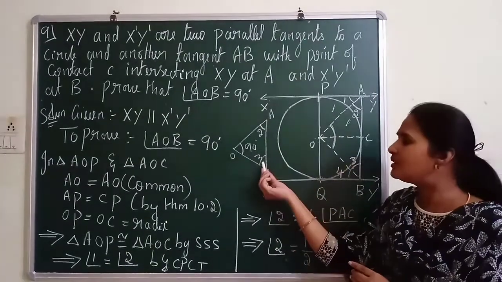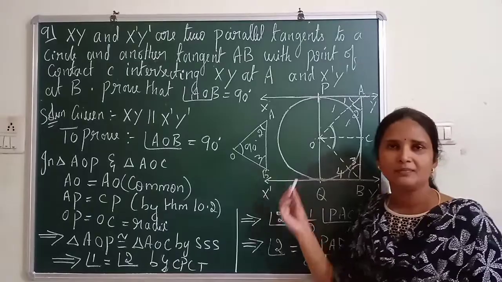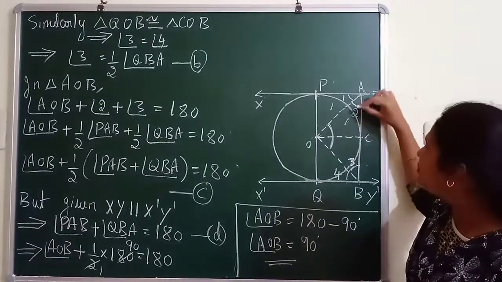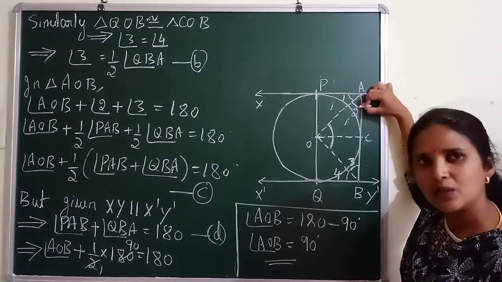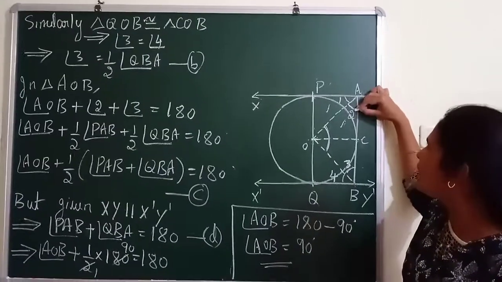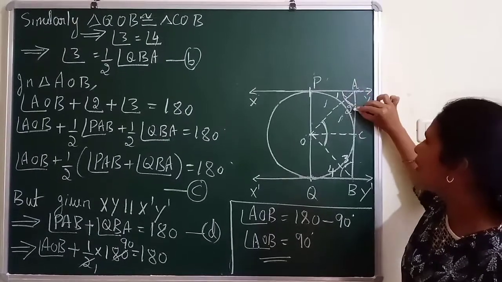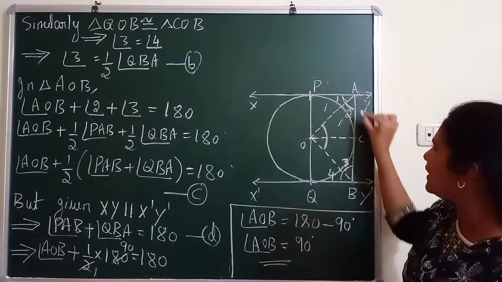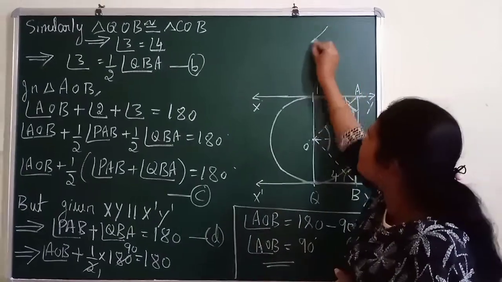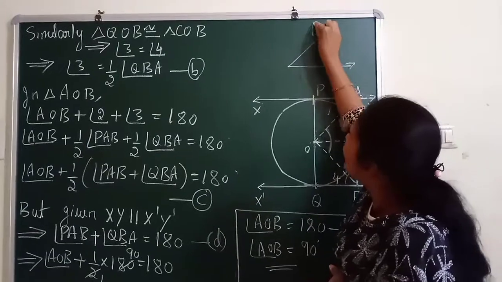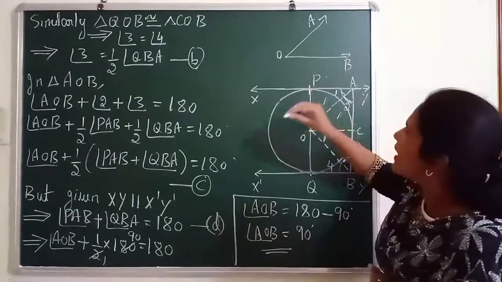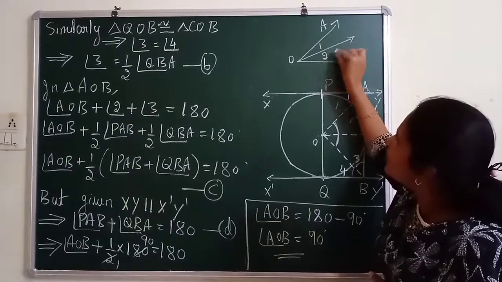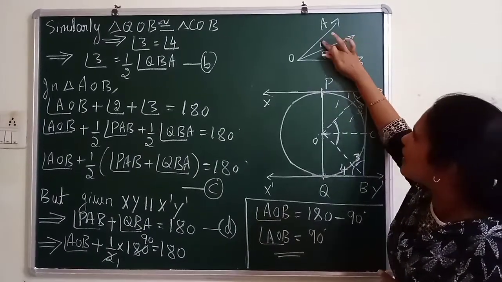Now let us similarly find the other angle, which is 3. We already proved that these two triangles are congruent, and we already proved angle 1 equals angle 2, and we got angle 2 is half of this full angle. How will you read it? Angle 2 equals half of PAC, or you can write PAB. So what is this concept actually? If this is an angle AOB, I am taking just one example and explaining. If this is a bisector, and angle 1 and angle 2 are equal,